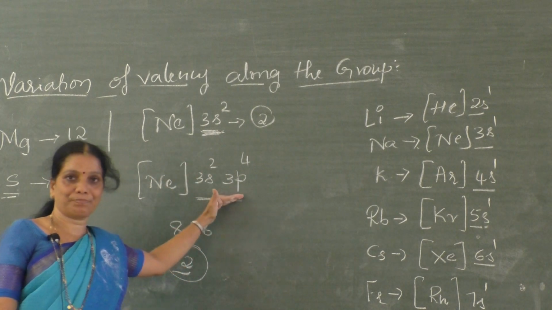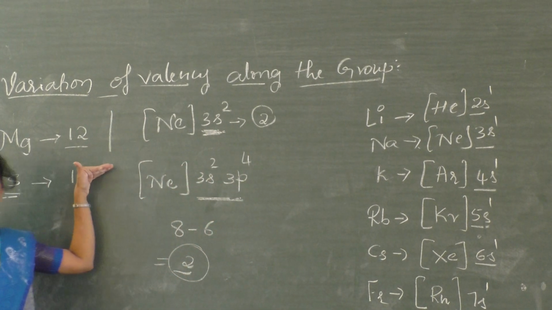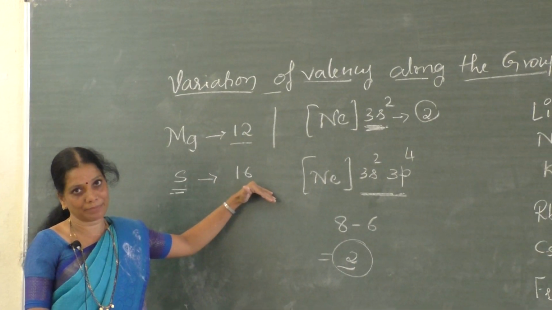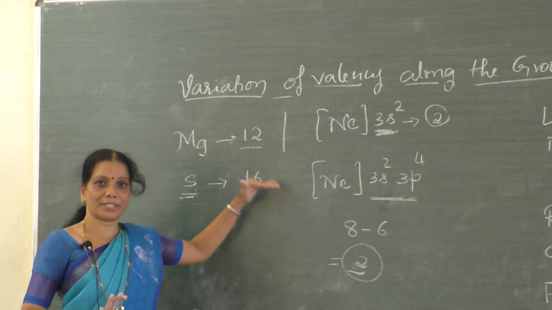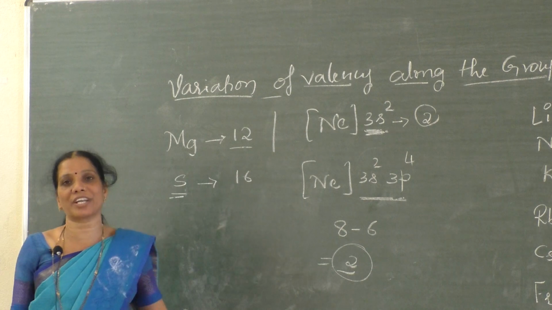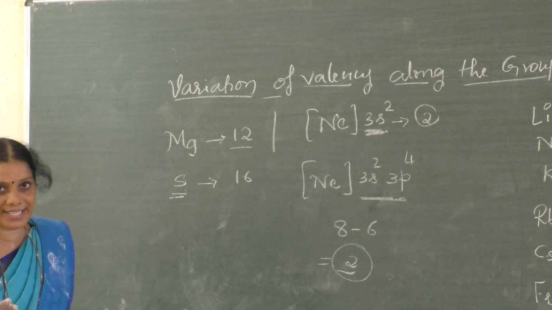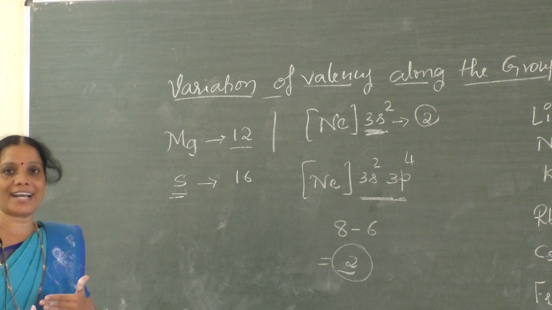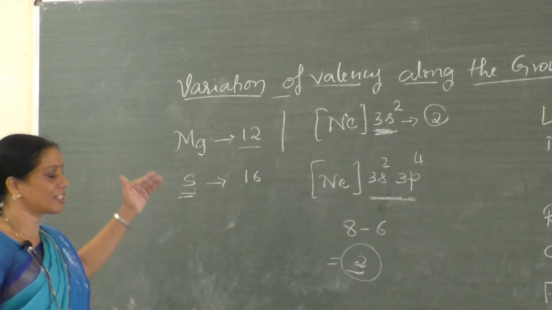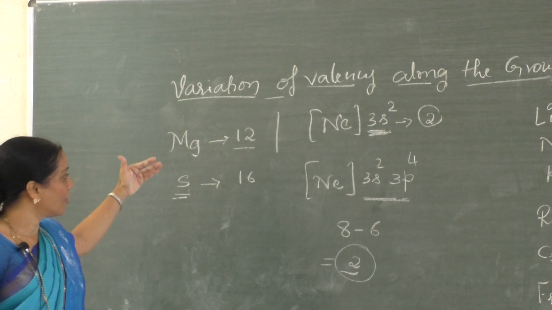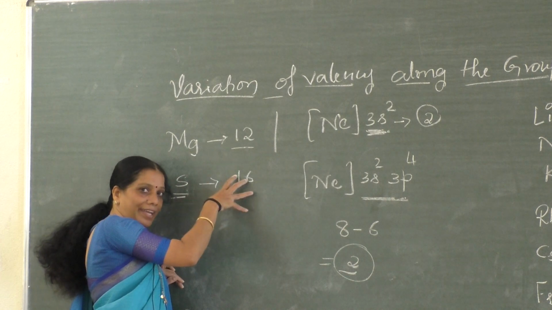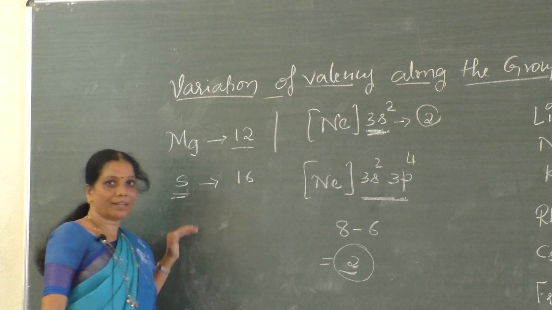Now, by this, we have studied a lot of information regarding the valency of an element. I hope the concept is very clear for you. The next trend we have to study is the atomic size, but let us study that concept in the next session. By this, I wind up today's session. Any clarification in this part, I'll explain again in brief in the next session. Okay? Thank you, students.